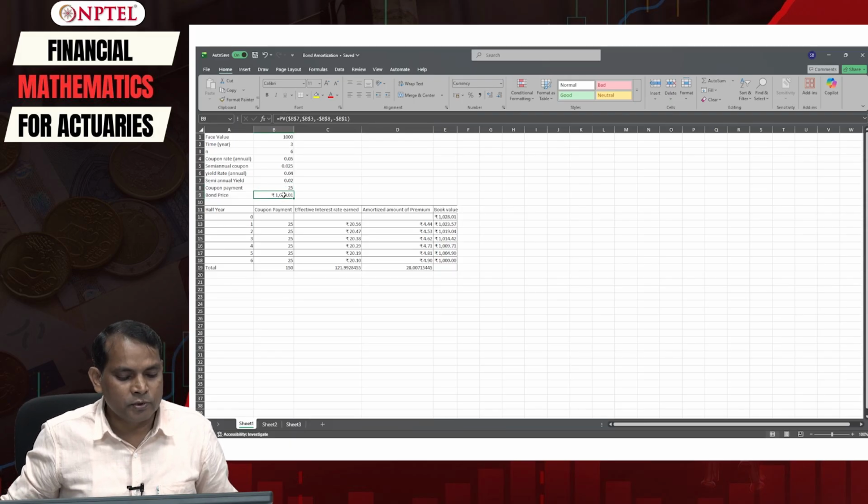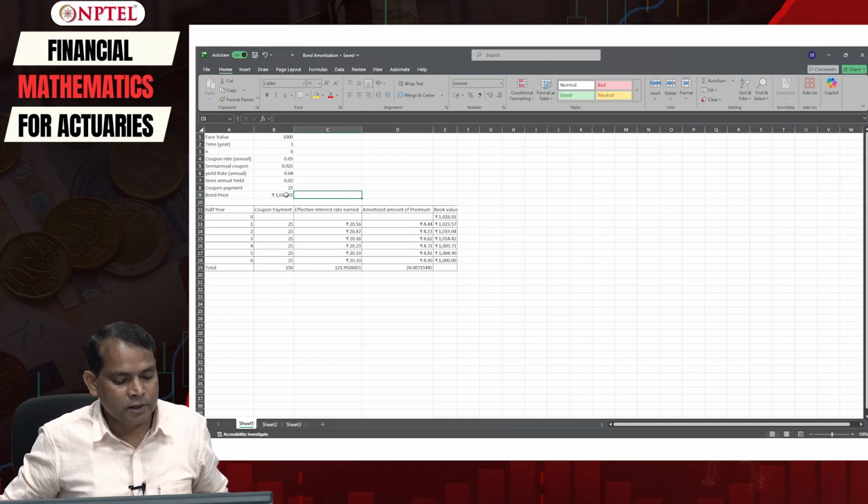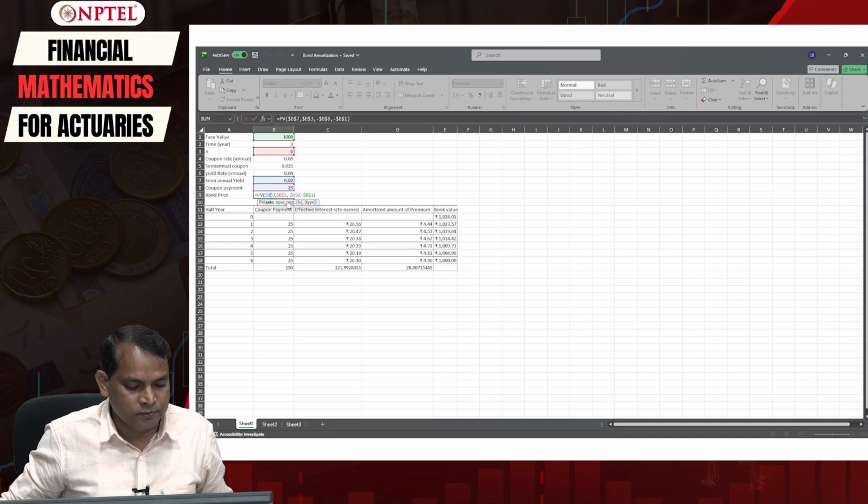I have already done it here to minimize our time. So we will have this equal to present value, or you will simply say present value rate, that is the yield rate, sorry, not the coupon rate.